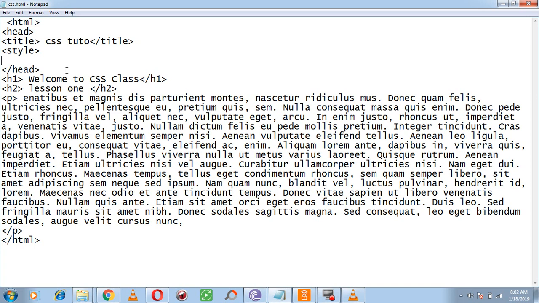So we are going to open our selector, which is P. So paragraph is our selector. Whatever CSS code we write here will apply to paragraph. So I'm going to write my code. Now color is my property. So I have P, which is the selector, P for paragraph, then my curly brackets. Color is the property, and after the property I'm going to put